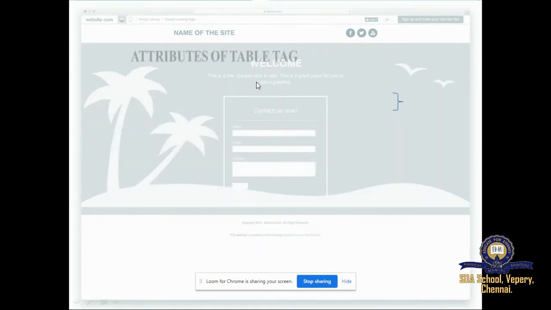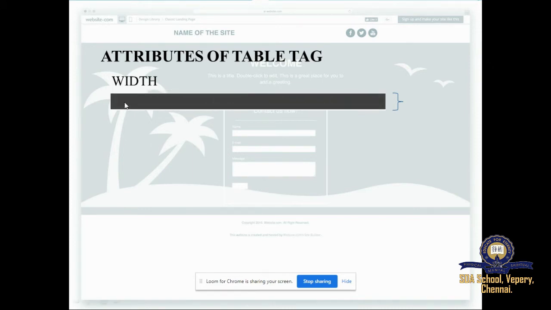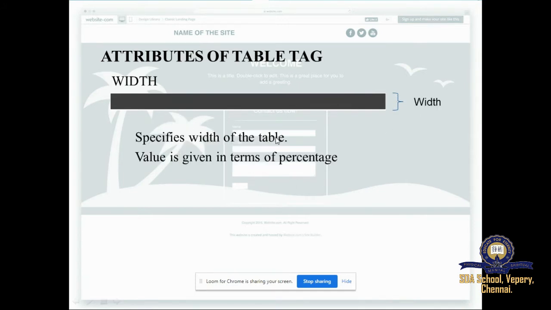And now in this session, we are going to look at the attributes of the table tag in detail. So what is the use of an attribute? Yes, good. It gives how information is being presented and published inside your web page, how it is going to be processed and published. So the first attribute we are going to see is width. So this is your individual cell. So how is it going to represent the width of the table.